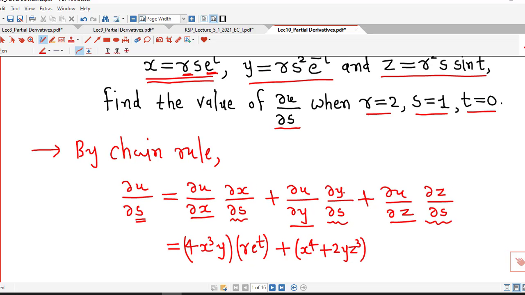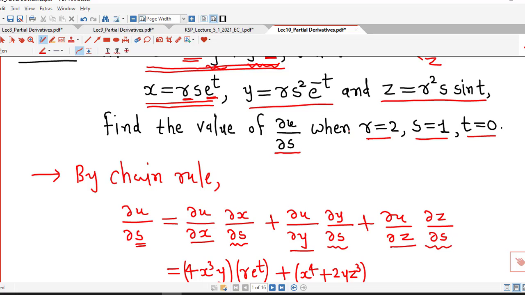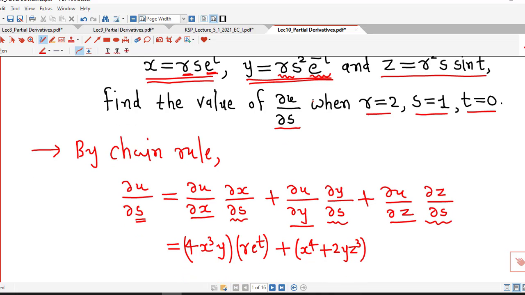In the product we write partial derivative of y with respect to s. So this is the formula for y. Here we are differentiating with respect to s. So r and e raised to minus t are constant, derivative of s square is 2s. So it is going to be 2rs e raised to minus t,